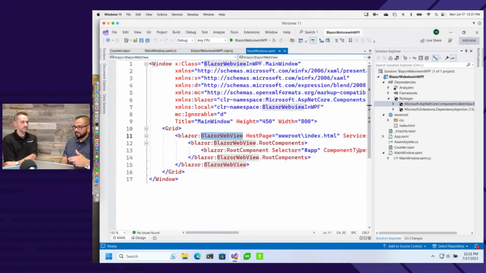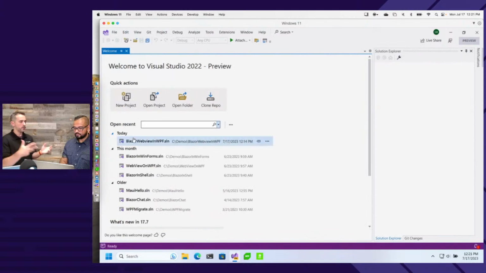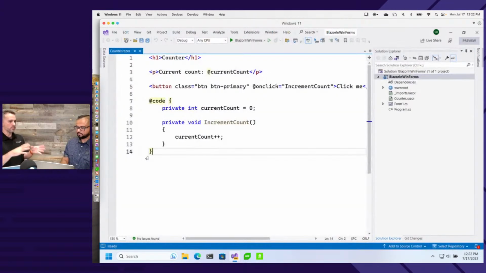Just do the same thing. Bring in Telerik Blazor UI as a NuGet package. Bring in those dependencies, and it'll start working. What's nice with this though is you can have the web view on a page. I don't know what the concept of a page is in WPF, but it's a page. You can migrate a page or view at a time.